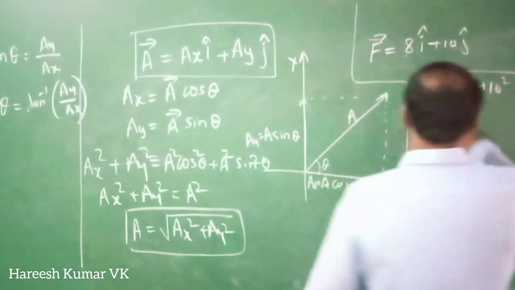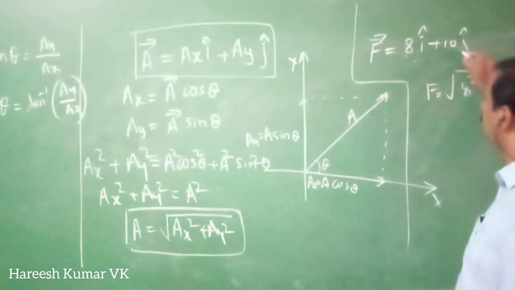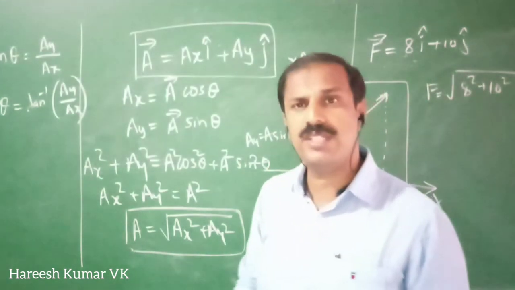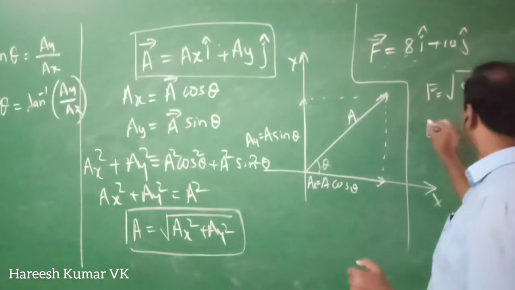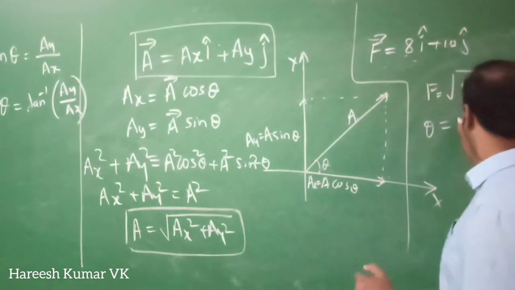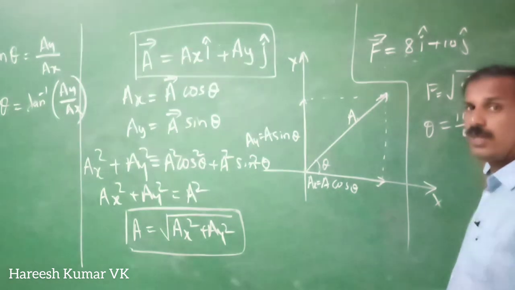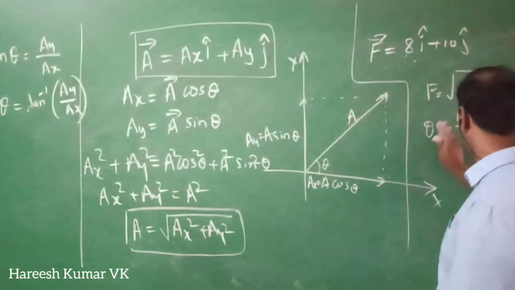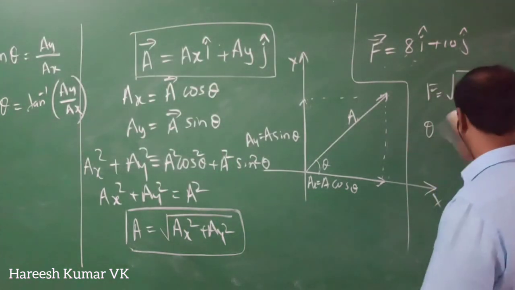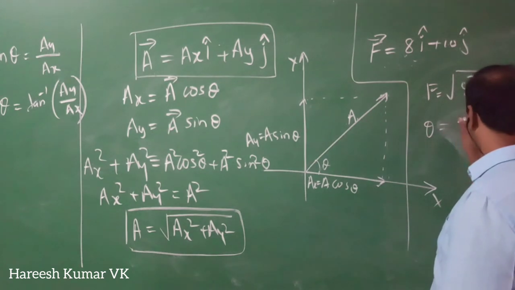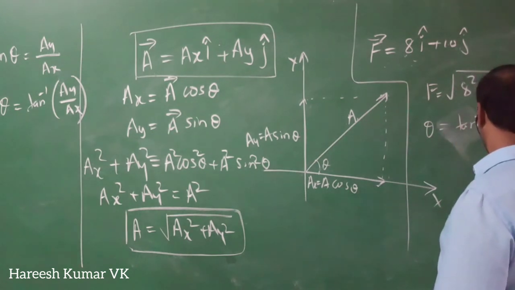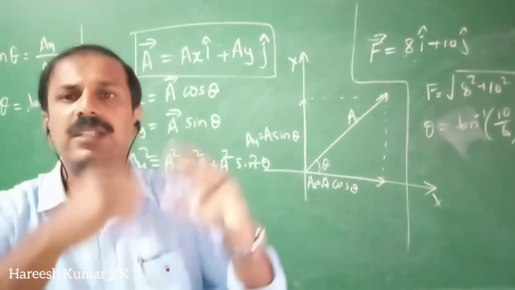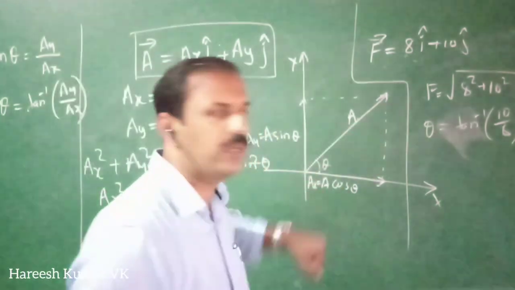So here if such a thing is given, you got the magnitude of the force. Now you want to get at which angle the force is acting. So for that, what can you write? Tan theta is equal to y by x, so it will be 10 by 8. You have to calculate how much is 10 by 8. That much radian or angle it is coming. So theta is equal to tan inverse of 10 by 8. You calculate how much 10 by 8 is, and the angle for which tan theta is 10 by 8 will be the angle of this one.